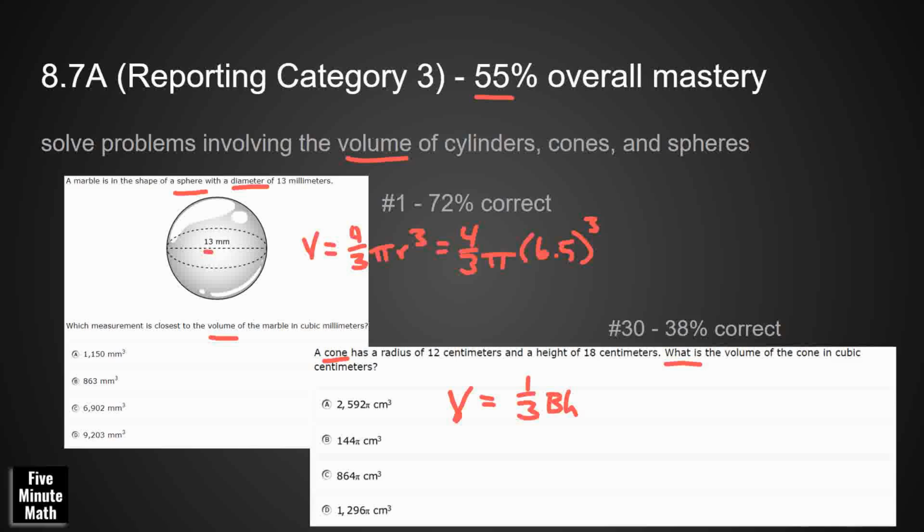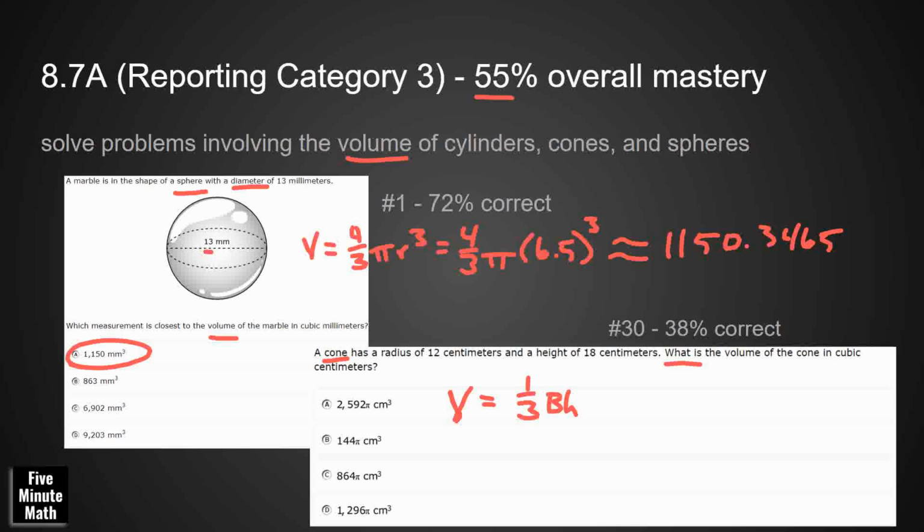So we're going to do 6.5, and then multiply that by 6.5, multiply that by 6.5, or we can just plug all this into the calculator, and we are going to get about 1150.3465. Keeps going on and on, and we're just getting the closest,